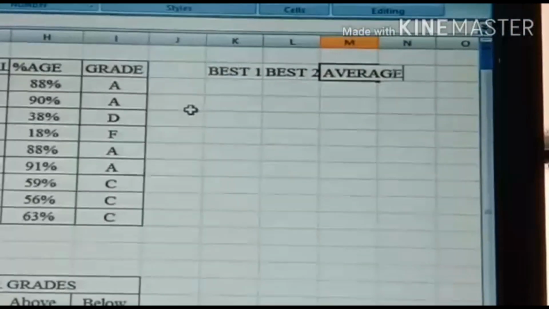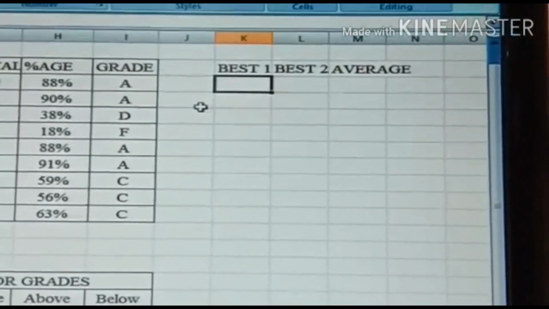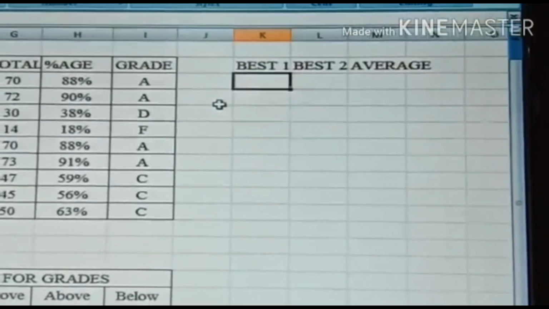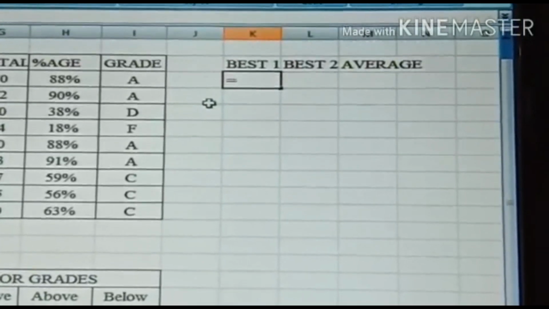Suppose it is asked to display the average of the best 2 marks for each and every student. For this I have created 3 columns: best 1, best 2 and average.